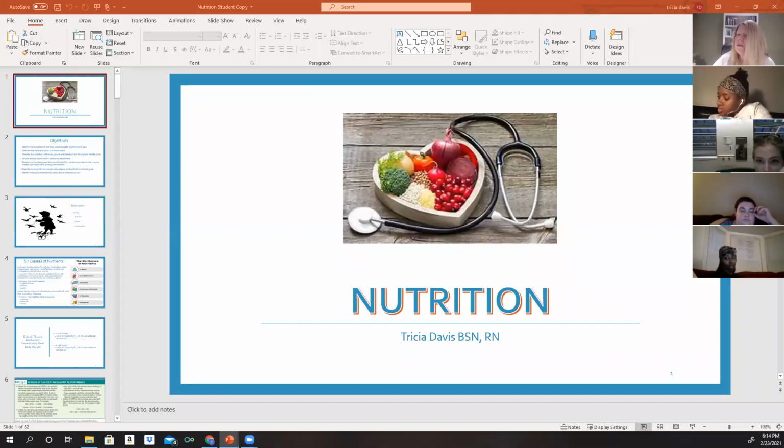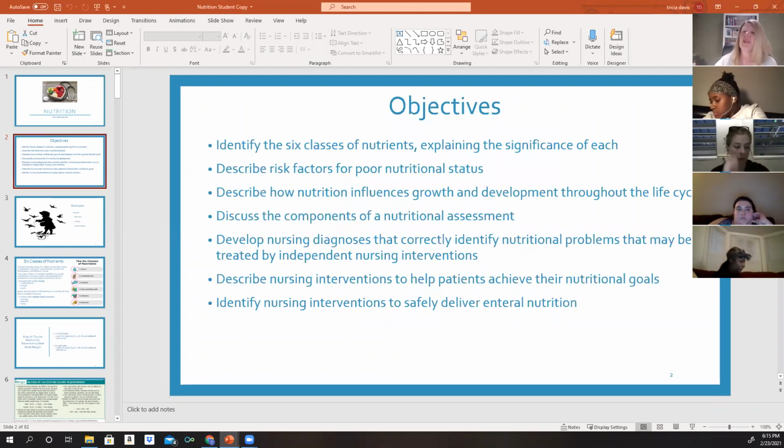All right, so nutrition. We know that nutrition is important. If our patients don't have good nutrition, they're not going to be able to get better. So we're going to talk about different nutrients that our patients need and different ways that we can offer them nutrition. So the objectives for this lecture are that we will be able to identify the 6 classes of nutrients,